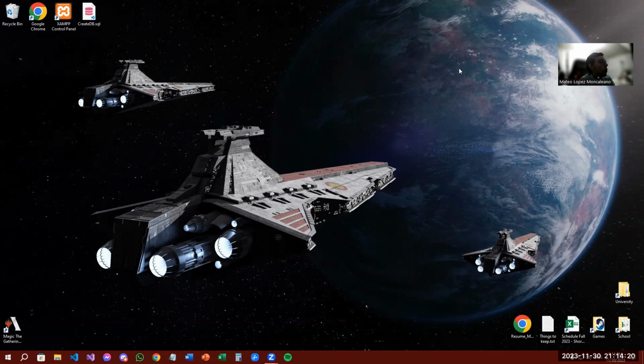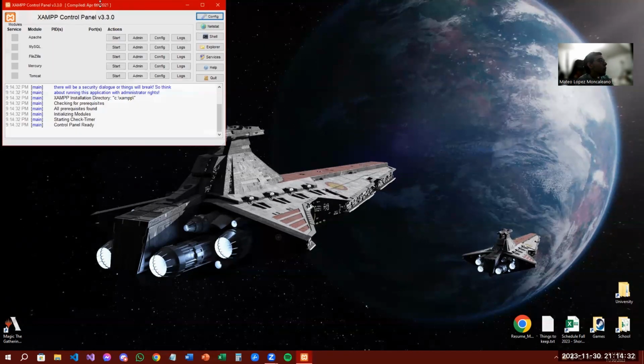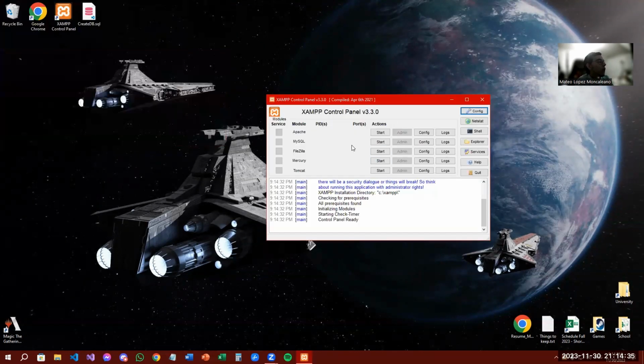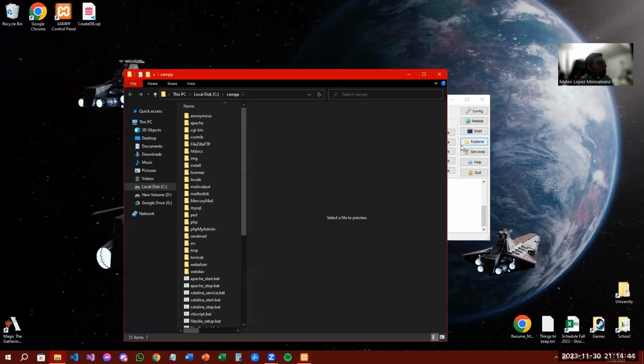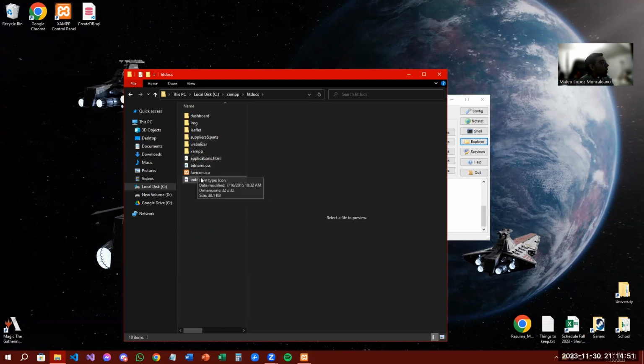So for homework 6, I use PHP, MySQL, and XAMPP. In order to run the code, you need to download XAMPP, and you need to start the Apache and MySQL server. Then you need to put these files in htdocs. So you need to